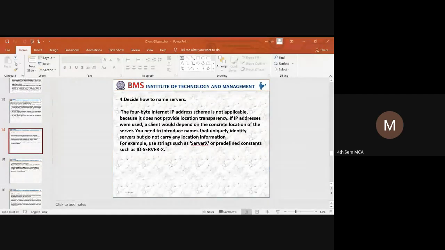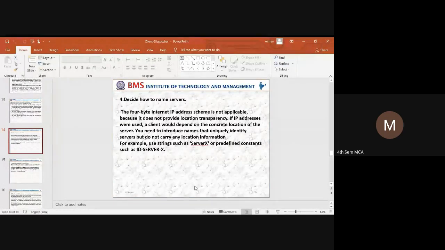How do you name the server? What are the things that may be necessary for naming the server? So it includes a 4-byte internet IP address scheme.